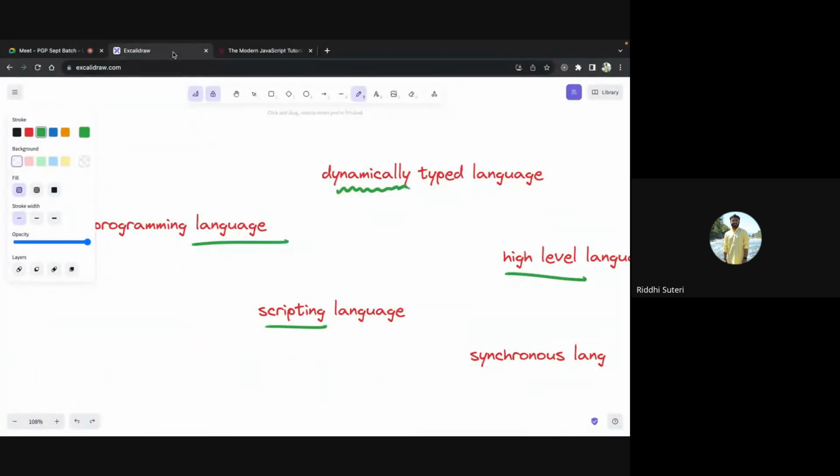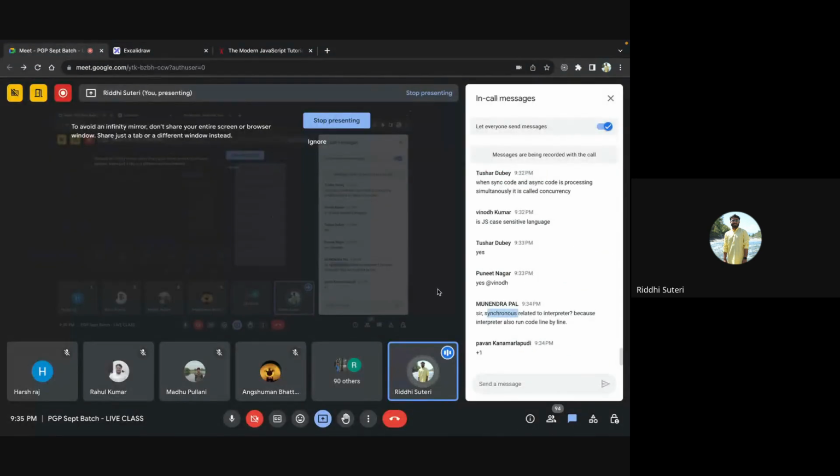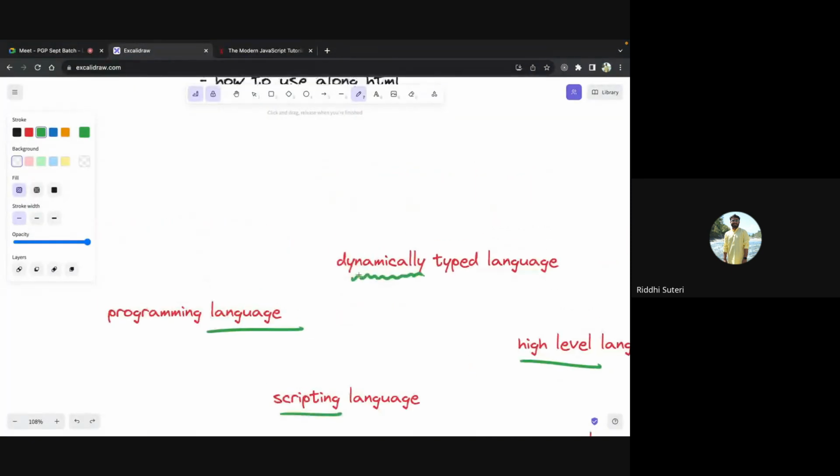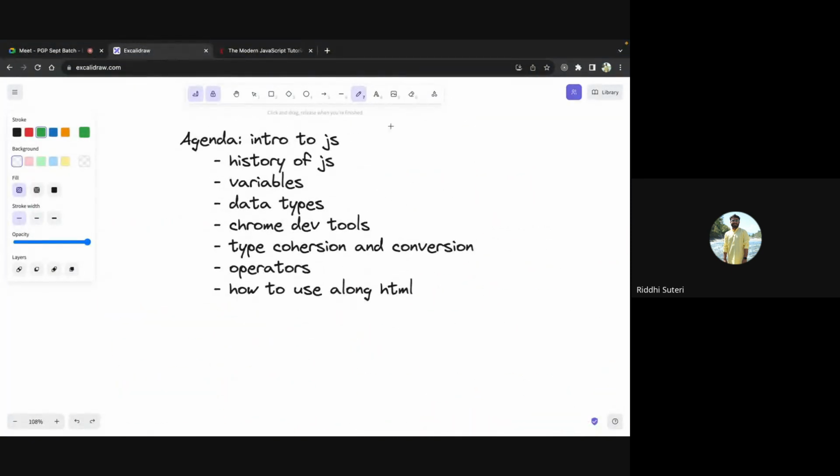I want you to be well aware of the nature of JavaScript, how JavaScript works, and how it does not work, going step by step to those points. So these points will definitely be covered, don't worry. All right. With that, we have got a basic introduction of JavaScript now, right?